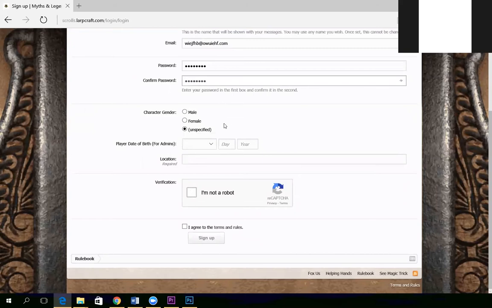Character gender: if you don't know yet, you can just leave it unspecified. But if you do know if it's going to be a male or female gender, in the games we typically still keep male and female as the predominance. And then player date of birth is going to be important because we want to make sure that you're of legal age